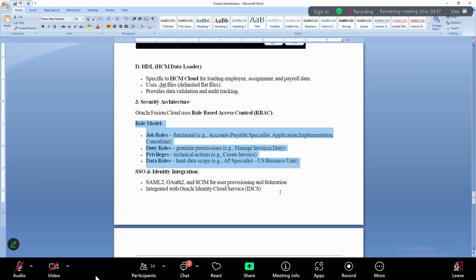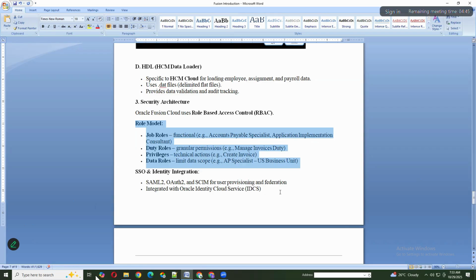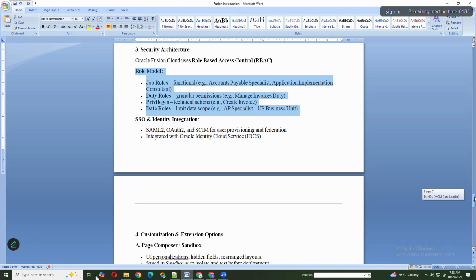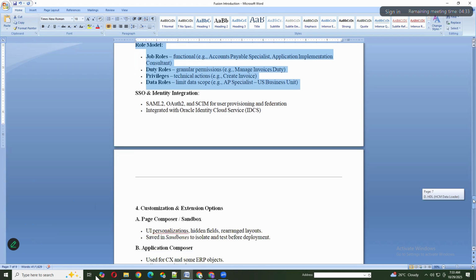Okay, moving to next. SSO and identity integration. So in Oracle Fusion, we have two types of login. One is the SSO. SSO would be the company provided. So all the company employees will have the SSO login, and the company here I mean the company owns that instance,